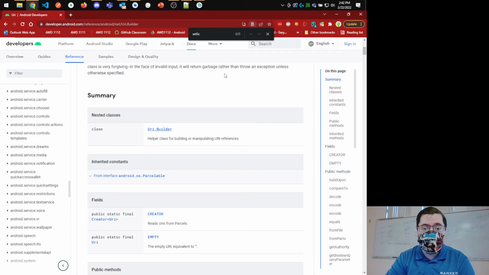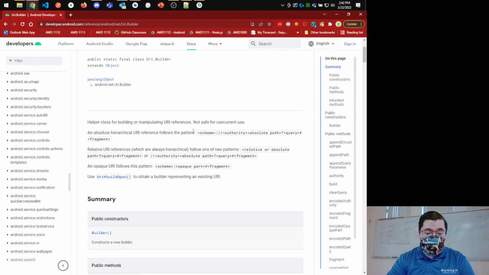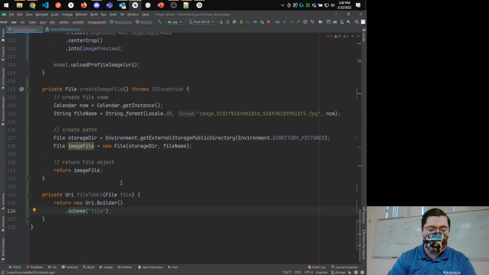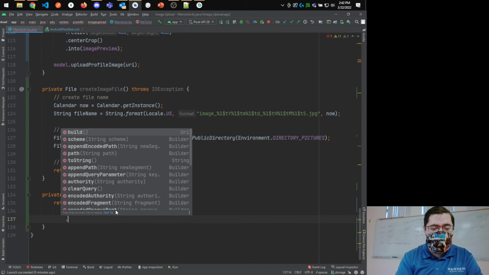I need to be in the builder. So I say scheme here. Okay, so it looks like the scheme does not need to have the //. Okay, good. So I can say a file scheme, and then I can say, okay, the path,